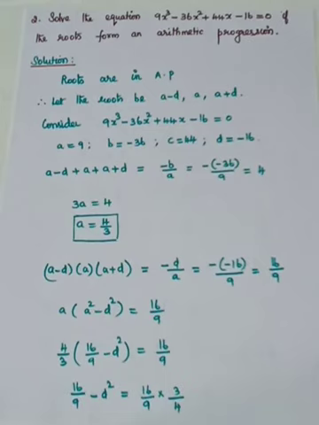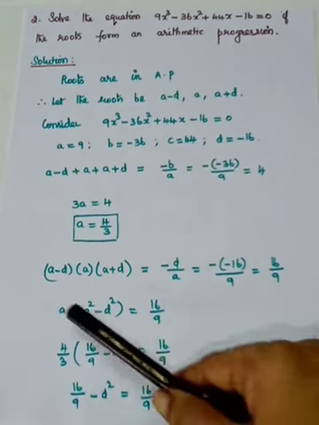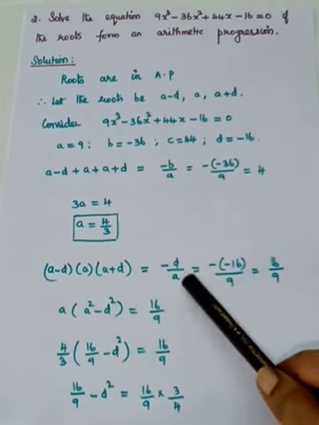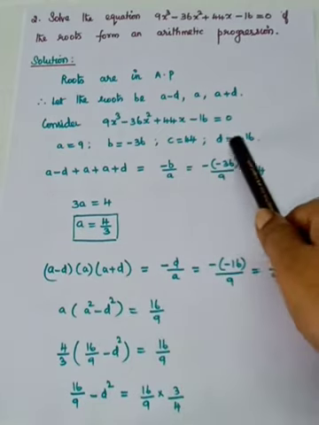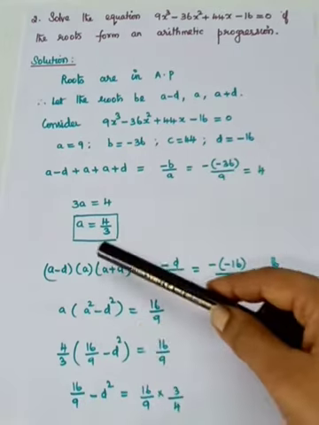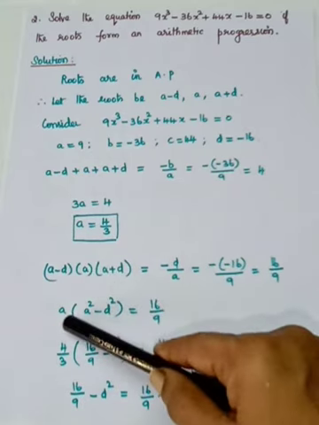Next, we are not going to consider two roots at a time. We will take the product of the roots. Product of the roots, what's the formula? Minus d by a. So minus of your d, which is minus 16, so minus of minus 16 is plus 16 by 9. So when you multiply, you see, you take the middle term a as it is.